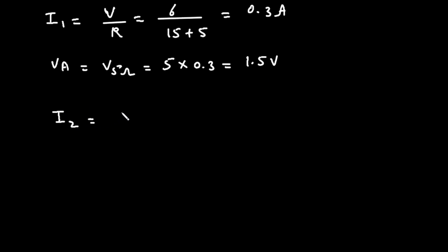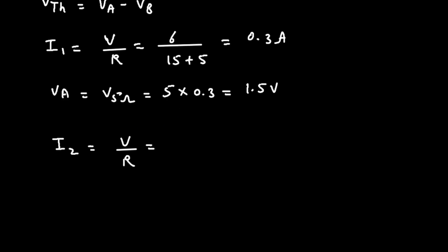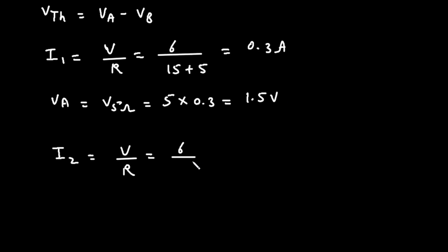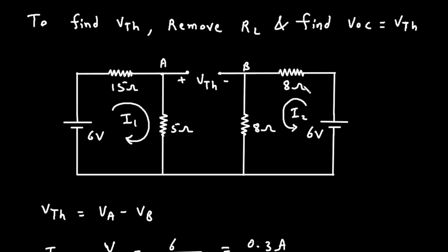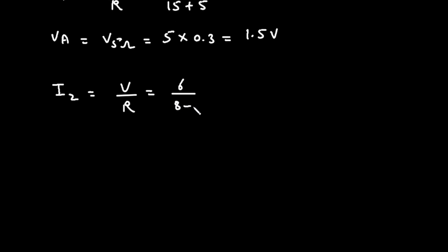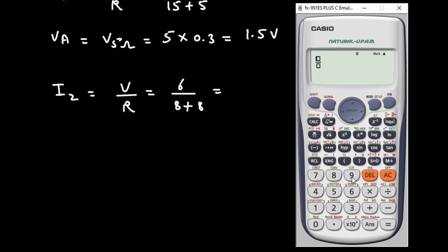So I2 is equal to V by R. The voltage value here is 6 volt and the resistance value is 8 plus 8. We have to take the total resistance. So I2 is equal to 6 divided by 8 plus 8. Now it is equal to 0.375